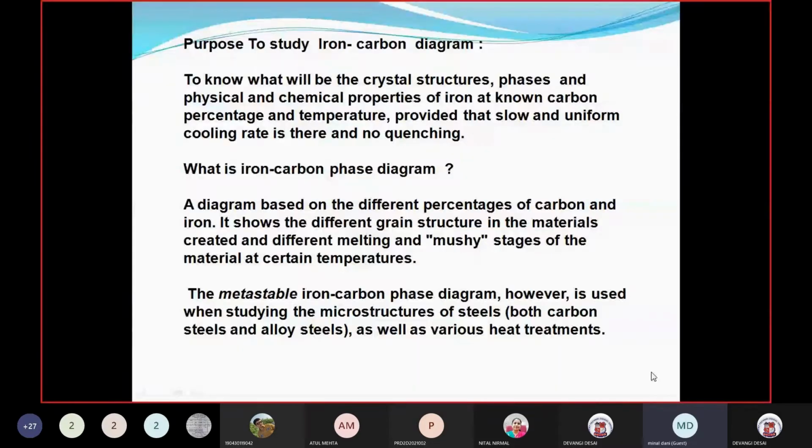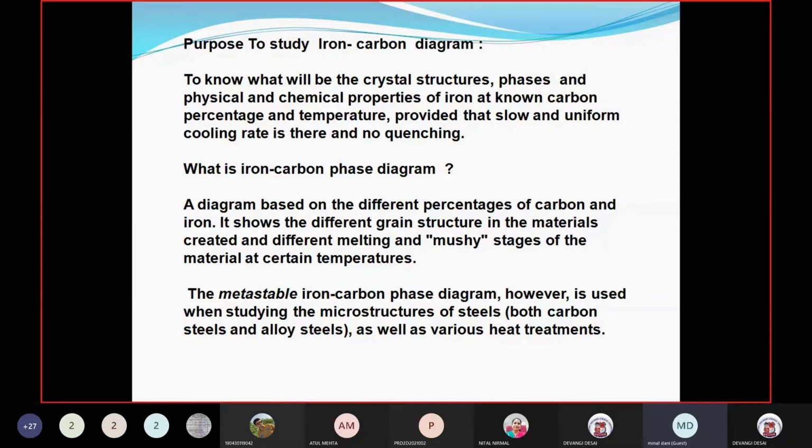You learned that in your third semester. When you develop any steel, the main alloying element with iron is carbon. This diagram is drawn in an equilibrium condition, meaning they have fixed the temperature, the cooling rate, and the pressure, and with that, at a certain temperature and with different weight percentages of iron carbide. Again I am repeating, it is iron carbide, not only C, not only carbon.